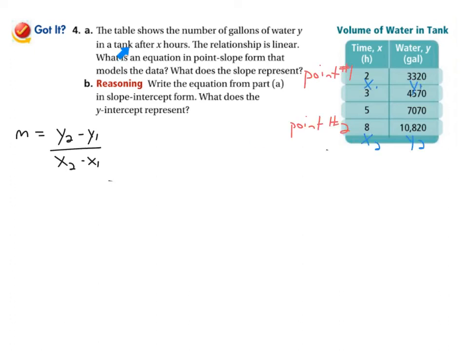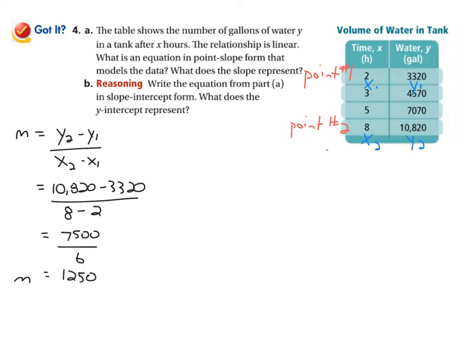Okay, so what is an equation in point slope form that models the data, and what does the slope represent? I picked these 2 points. You can pick any 2 points that you want. I picked those 2 particular points. If it's point 1, that's x1 and y1. If this is the second point, that's x2 and y2. And so over here, where we have y2 minus y1 over x2 minus x1, I do y2. You can verify the values over here that I'm using and plug them in, simplify it out, and I get eventually this right here,